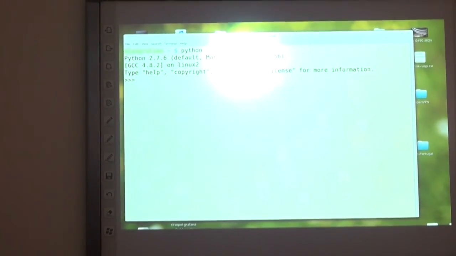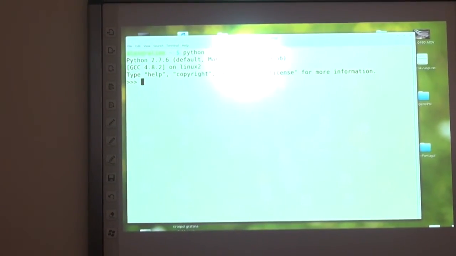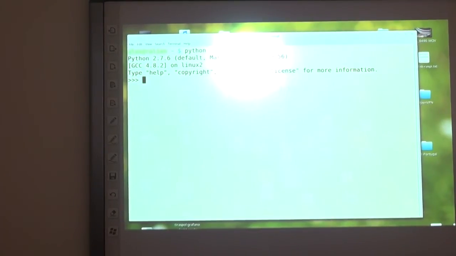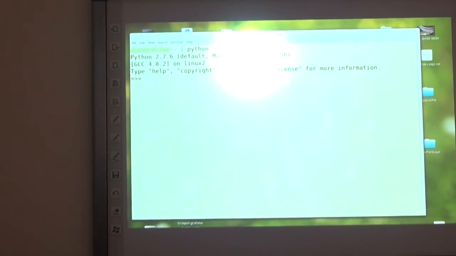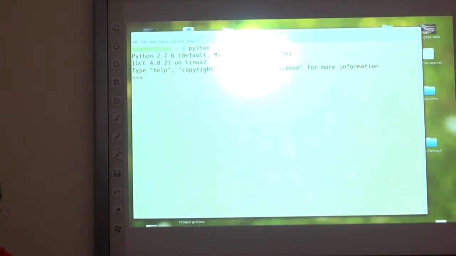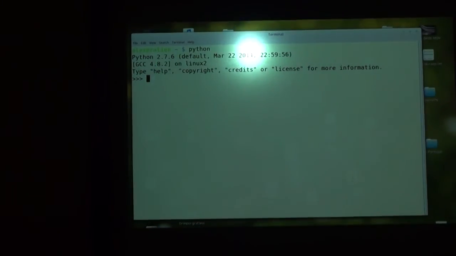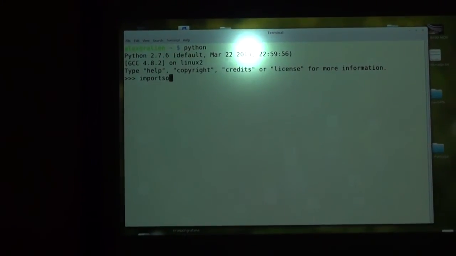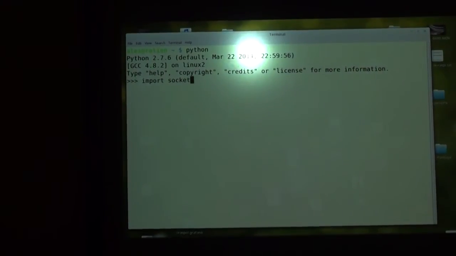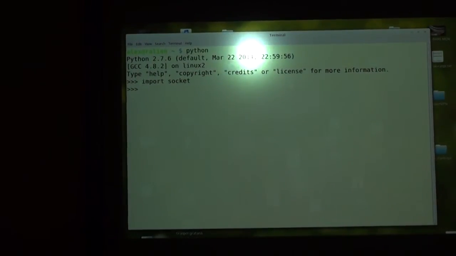Okay, so now you have a much better user experience, a bigger text, and a different color scheme. So is it readable to the people in the back? Yes. So the first thing you do is you import the socket module, which enables you to call a bunch of socket-related functions. Are you screen recording?